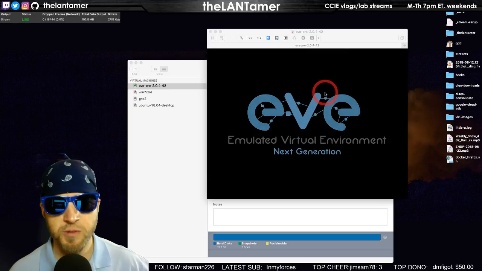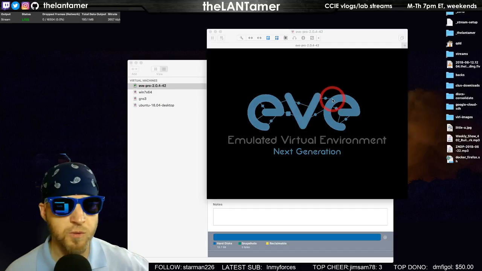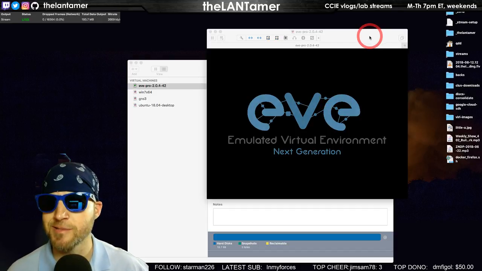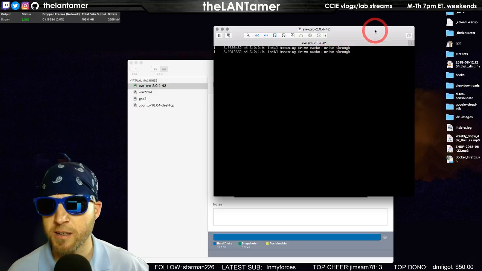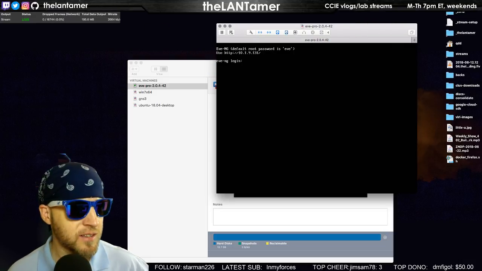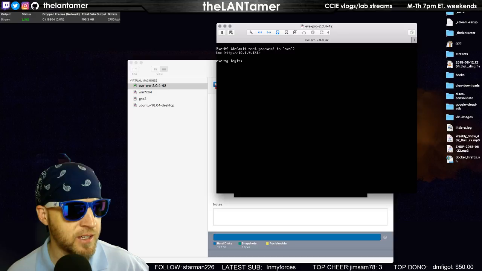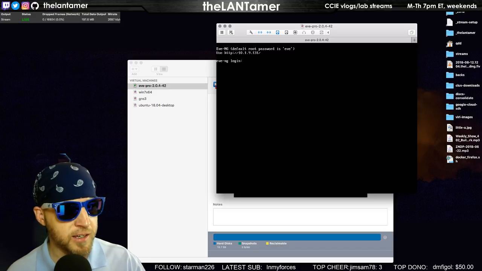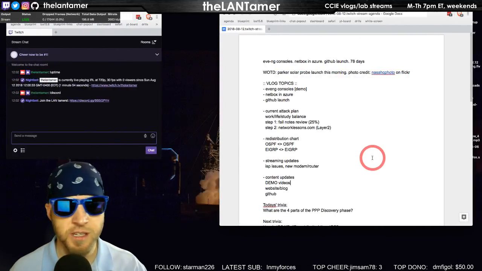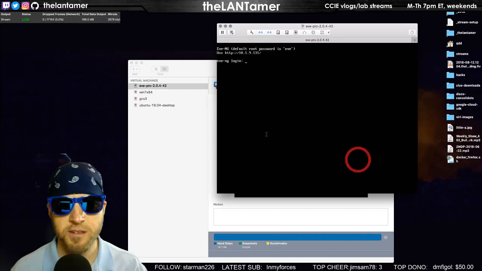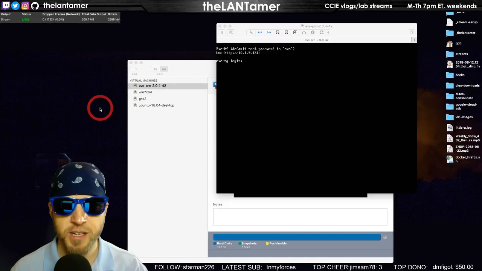But when they took away Telnet with High Sierra, I've been holding back. But it was time. It was time to go ahead and get upgraded. So I've had a little bit of lag this morning. I've had a few dropped frames, not on the internet connection, but on the rendering. So we'll see if Eve impacts that or not. Not that it's Eve's fault, but anyway.